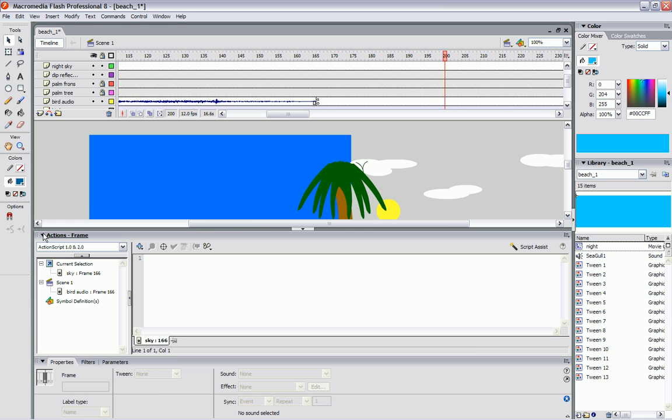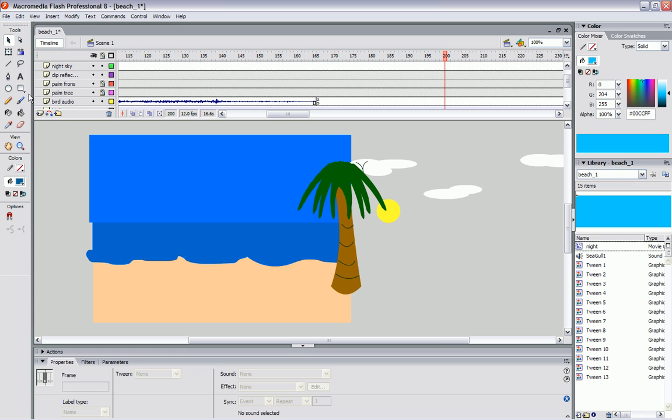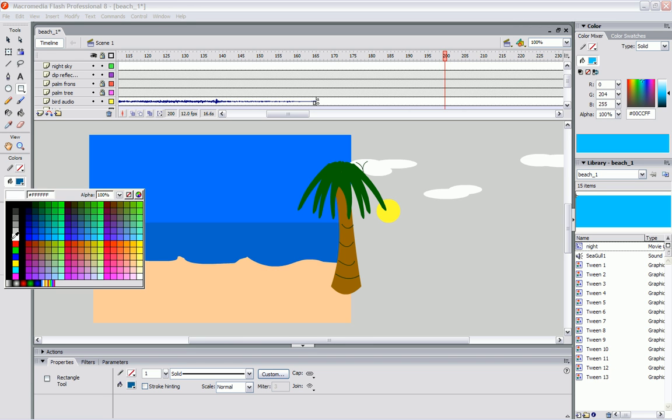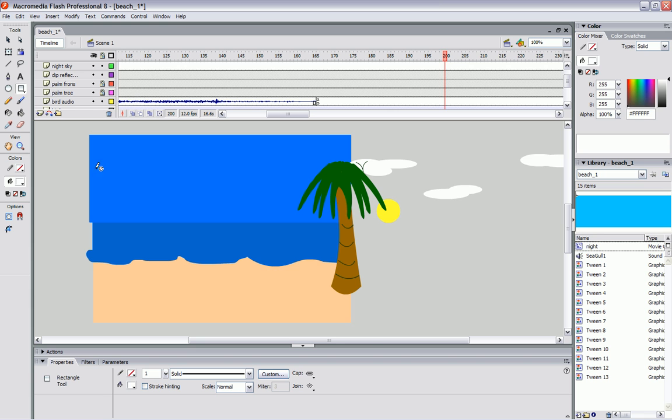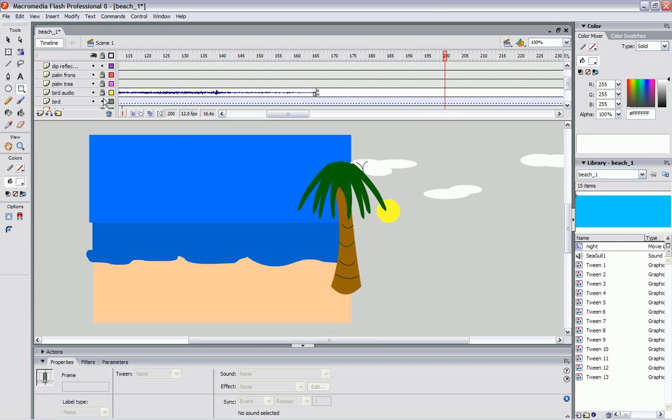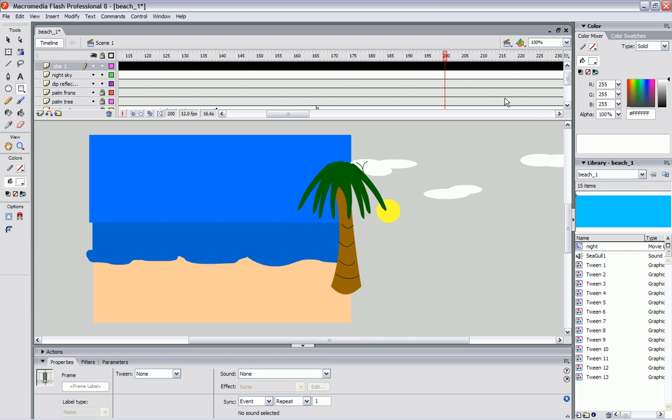Let me go ahead and close this. I'm going to grab this little white box, and we've talked about this before, how we can make things out of our boxes. I'm going to come up here on my timeline and work where I can. I'm going to lock the bird and the audio up, and I'm going to lock the sky up. I'm going to come back up here to star, and I'm just going to work here in this